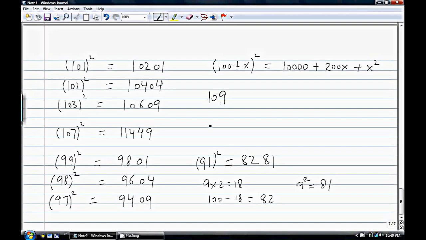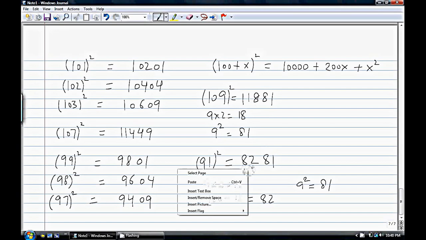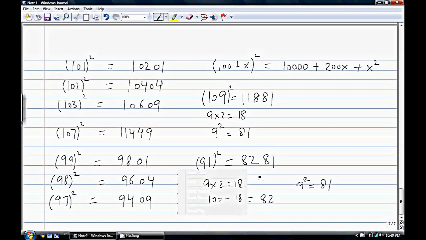Similarly, for 109, 9 times 2 is equal to 18, so I will write 118, and then 9 square is equal to 81, so that will be 81. So you see that these last two digits are always the same, but in this case we are adding 18 to the 100, and here we are subtracting 18 from the 100. So that concludes